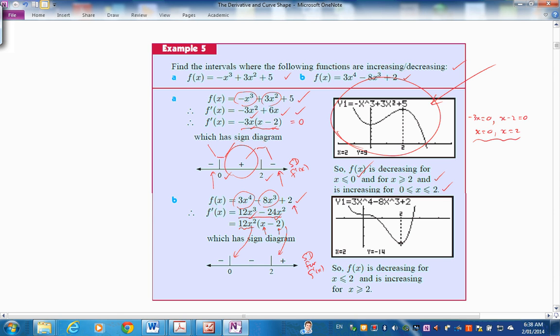And what are we going to do? Let's go to 0. Let's plug in a value here of negative 1, put it back into our derivative function, and find its negative. Put in a value of 1 into our derivative function, and then 3. And what we find this time is it didn't change sign. So negative